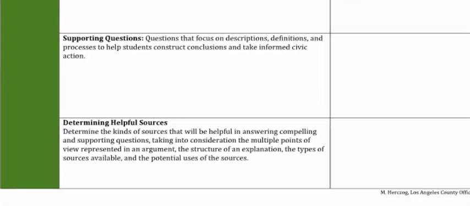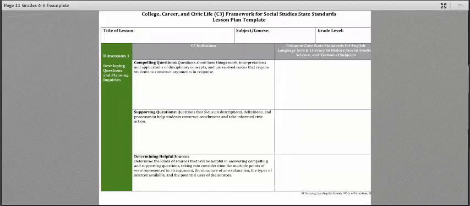Because one of the things that we found in the New York project is that the biggest problem is being able to find good differentiated sources to put in kids' hands. We obviously want to put primary source documents in front of children, but as you all know, just because a document was written in 1776 does not mean that it's automatically going to translate into understanding for kids in 2015.